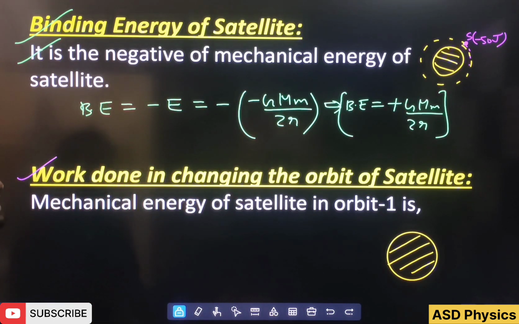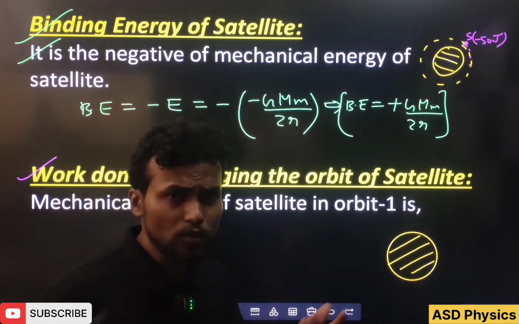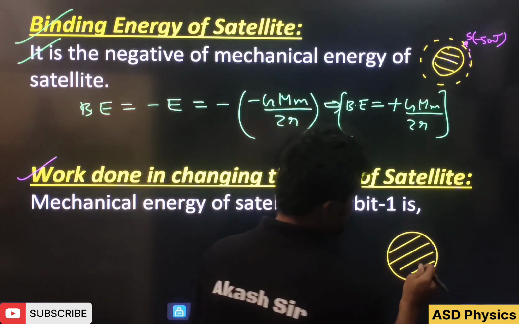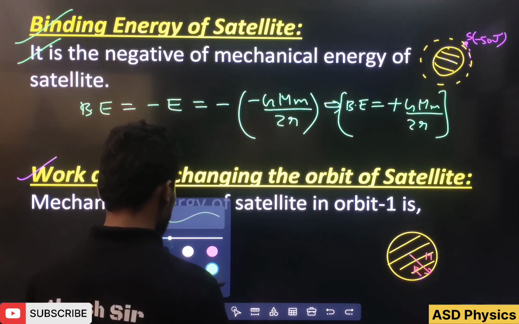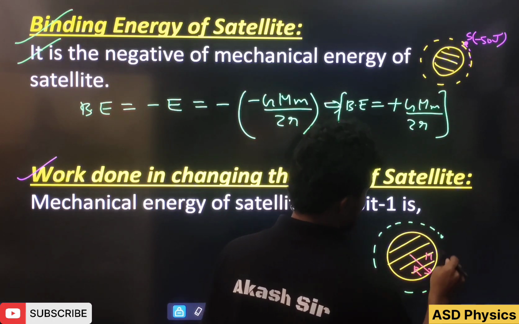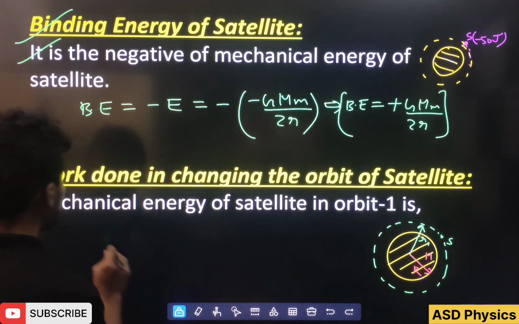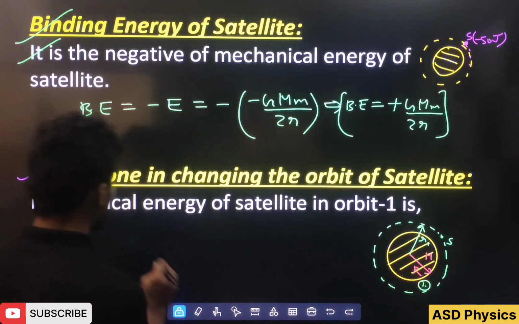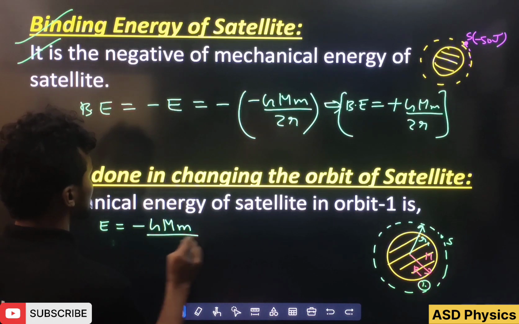See please, work done in changing the orbit of satellite. Here now, as of now we know the satellite is revolving in some orbit radius r, but if in case the orbit is changing, then what will happen right here? Let's say again planet is there, radius is r and the mass is m. Now let's take, I have taken here one orbit, satellite is revolving in this orbit here, and this orbit radius is small r1. Now, in this situation, if I will write here the mechanical energy of the satellite in orbit 1, this is orbit 1. So what we can write here, mechanical energy is given here minus G capital M small m